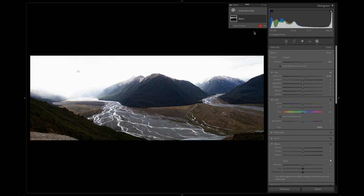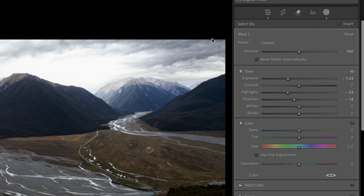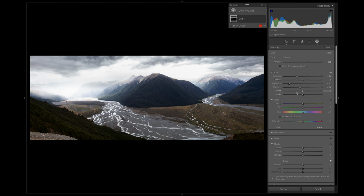To adjust the sky brightness, I go to Masking, Sky. This automatically selects the sky area and a red overlay appears showing where the mask is active. I'm going to use the highlight and exposure sliders to bring some detail back into the clouds. I will also use the shadow slider to make the dark clouds even darker. A couple of subtle finishing touches would be to give the sky a slight blue tint and increase the clarity to make the clouds pop out a bit. Now a good technique is to go too far with the adjustment and then pull it back to where it's more realistic and believable. And that's about it for